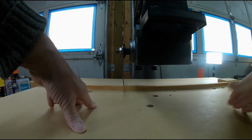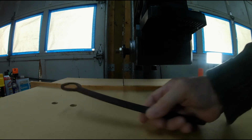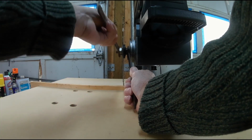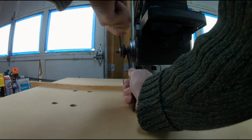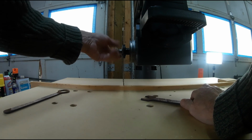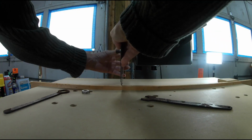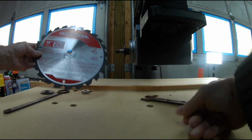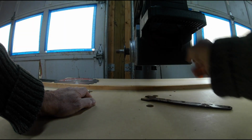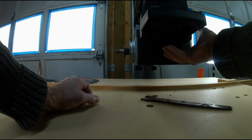Let me take the blade off. That's what I really should do. This stupid blade. I got this blade just for these videos because it's a Craftsman. And I noticed on the videos that it was upside down, so let me take this off a minute. Couldn't believe that. Anyway, now that we did that, see how it moved? You can see it move. Once I take the lock off, it moves, and now I'm able to